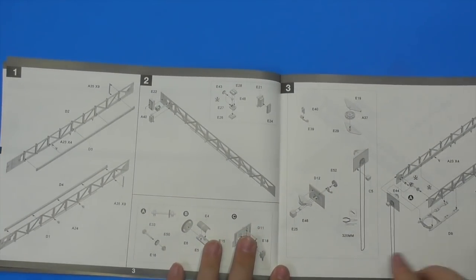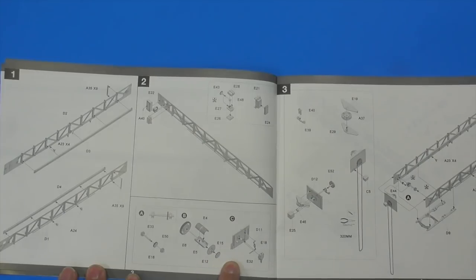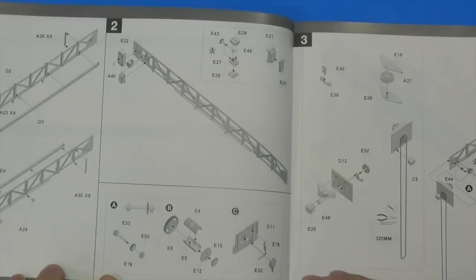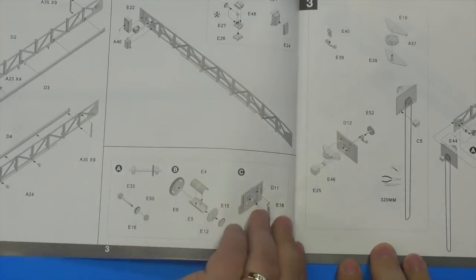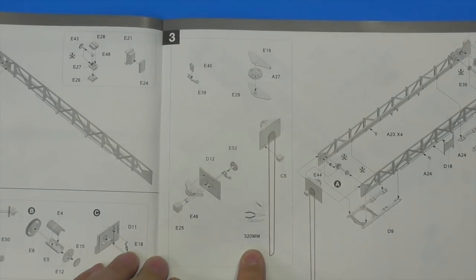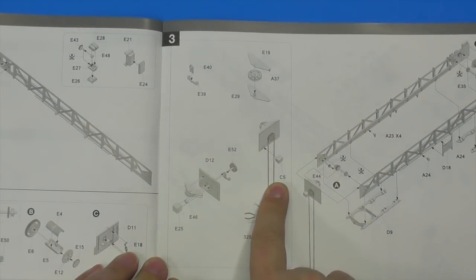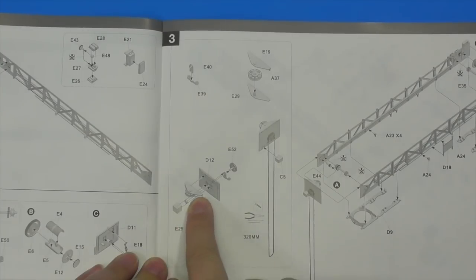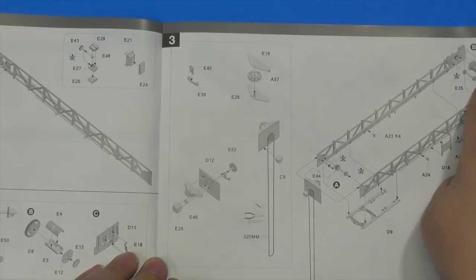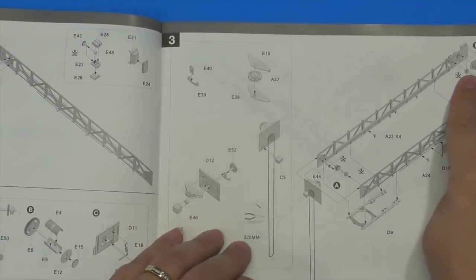Start with the top of the frame, all the parts going in. Looks like winch control. Winch control, and this is where you're putting the chain in, 320 millimeters, cut it. More gear parts going in. That's where the chain wraps around one of the gears. And here's where part of the side pulley goes. So you got chain going up there, and then turning and going across where you're putting the top of the crane together. I'm guessing,